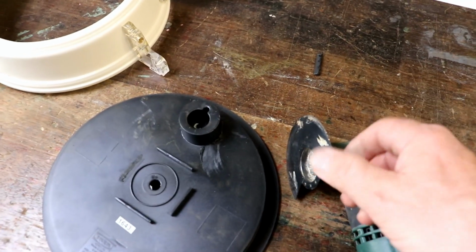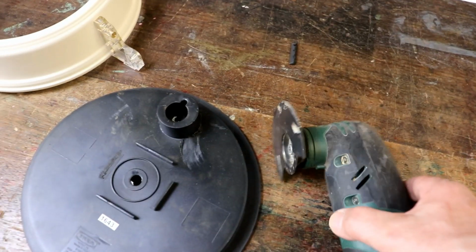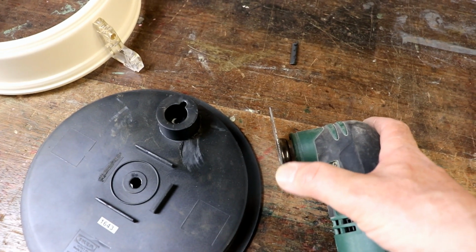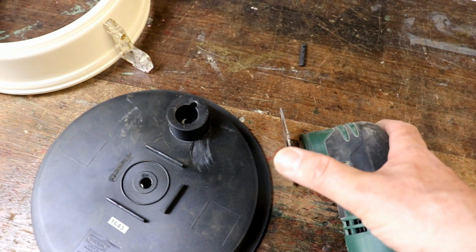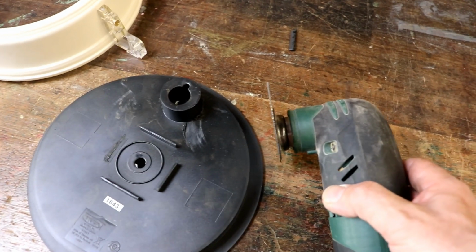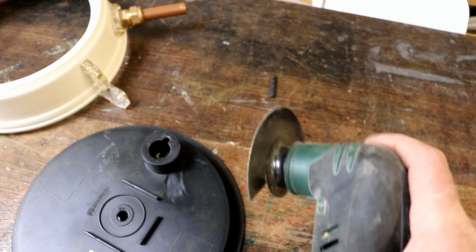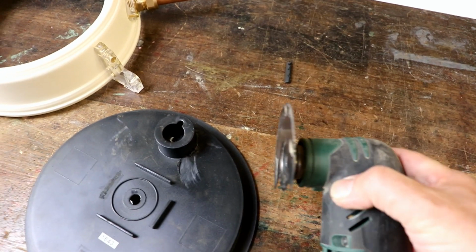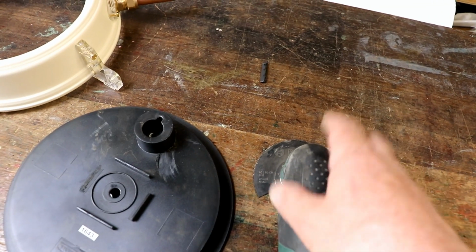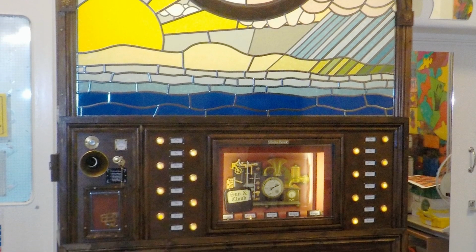Basically they come with a range, you get all sorts of different blades for them, and the brilliant thing is, and I'm not aware of any other cutting tool that can do this, you can cut really hard up against an edge, a surface. There's no gap needed for anything, it's just flush, which is brilliant. So for things like chiselling out around tiles, chiselling out grouting, you can get particular abrasive cutters to do that. That's brilliant. I got this in fact after I'd finished the Barometric Prognosticator 1, that huge installation at the school,